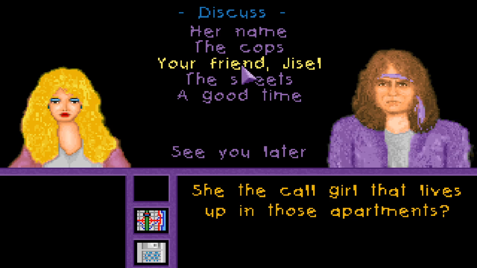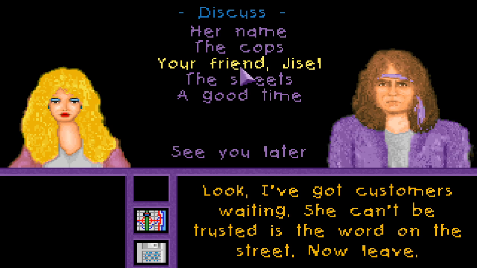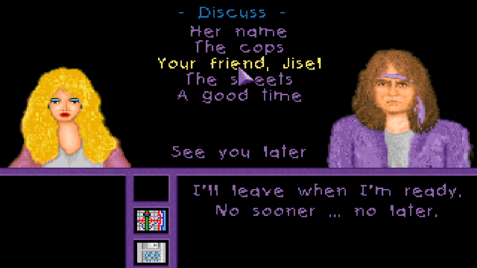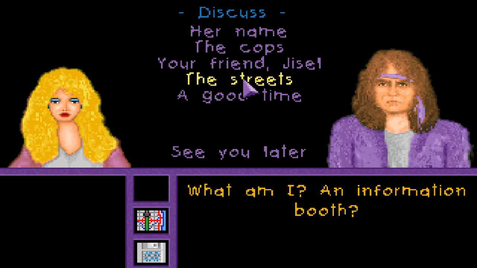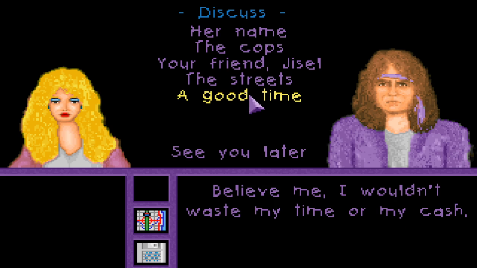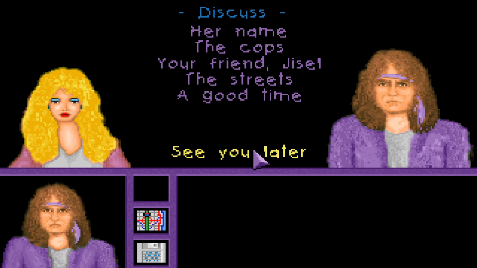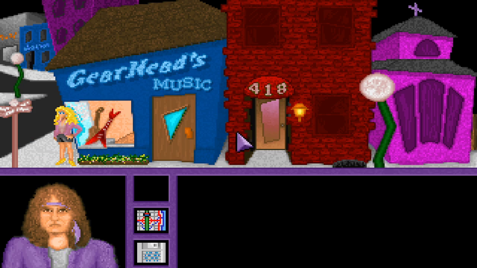So when you find a character you can talk to, not only do you see a unique color, but you also get to talk to them about different topics. So, mirror character, there's no real reason to talk to her other than you get rid of the bracelet.